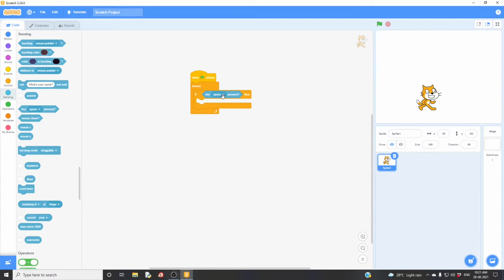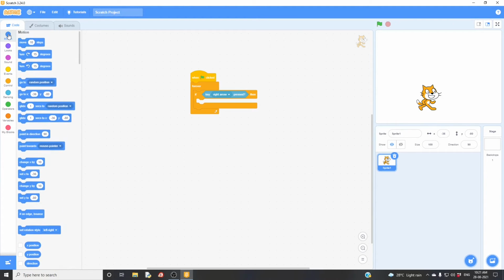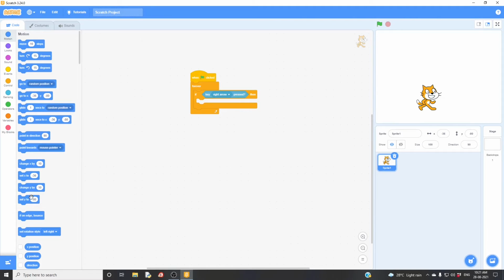Just drag and drop and change this to right arrow. If right arrow is pressed, my sprite should move. So go for motion. There you take change x by 3. Let's check now. Yes, it's moving.